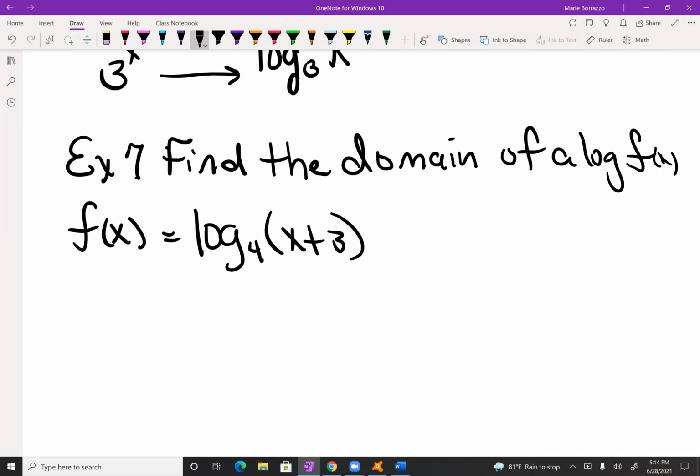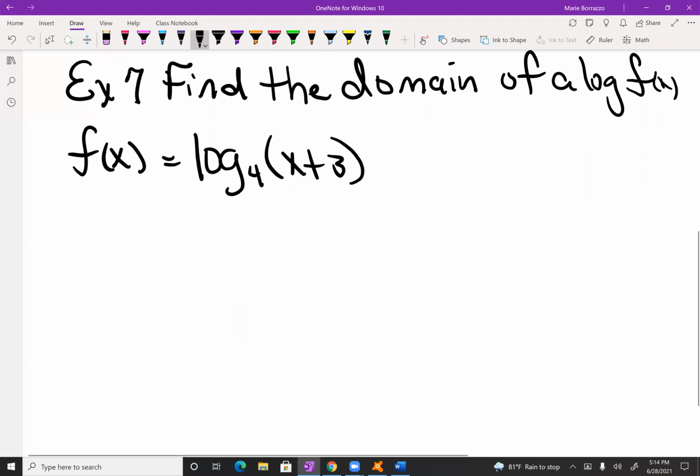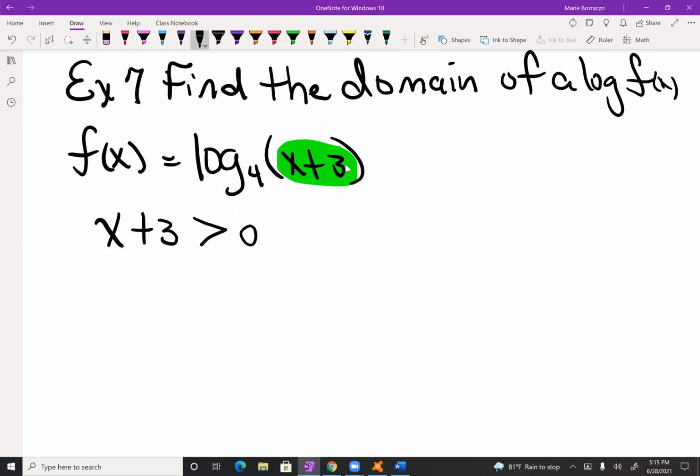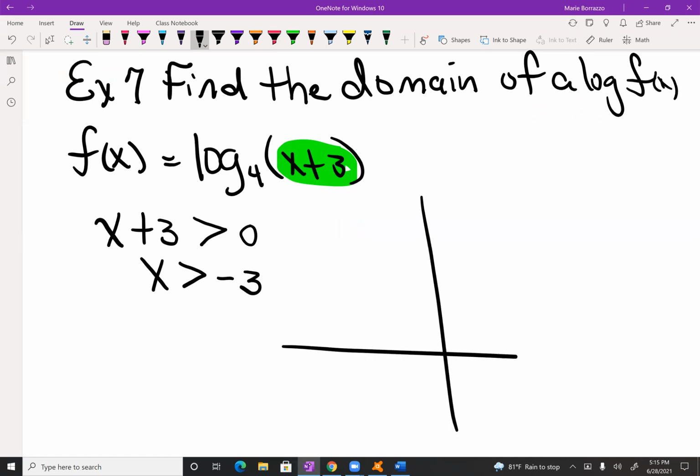The first thing you'd want to do if they ever gave you a question like this is focus on this x plus 3 right here. I would take x plus 3. We know it has to be greater than 0 because we don't have negatives in logarithms, right? So if that's the case, then x has to be a value greater than -3. So that means that at x equals -3, I have a vertical asymptote,